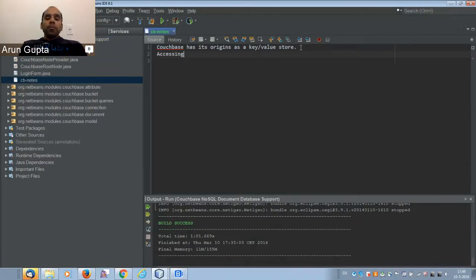So it is possible to find out what those indexes are. I usually use a N1QL query you can run, which is system:indexes.